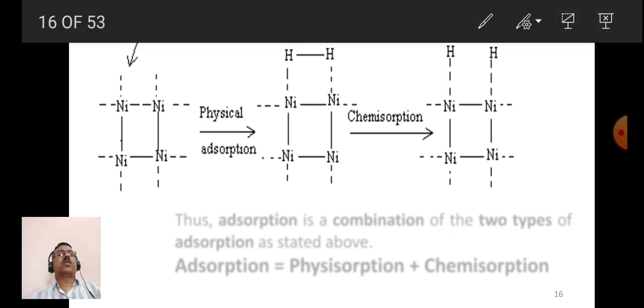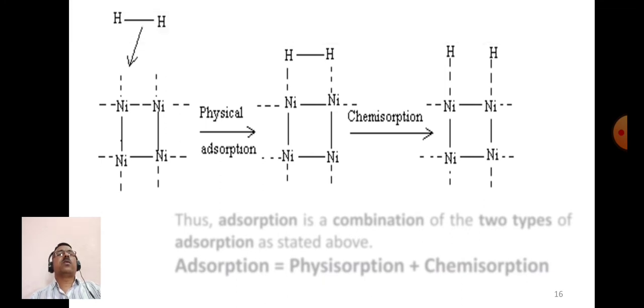Now see this process. Here the hydrogen is initially adsorbed at the surface of nickel, so it is molecularly adsorbed and it is known as physical adsorption. And when the temperature is raised, the hydrogen bond is ruptured, so it undergoes dissociation and the adsorption occurs chemically here. So this is nothing but the atomic adsorption of hydrogen at the surface of nickel. So it is nothing but an example of chemisorption.